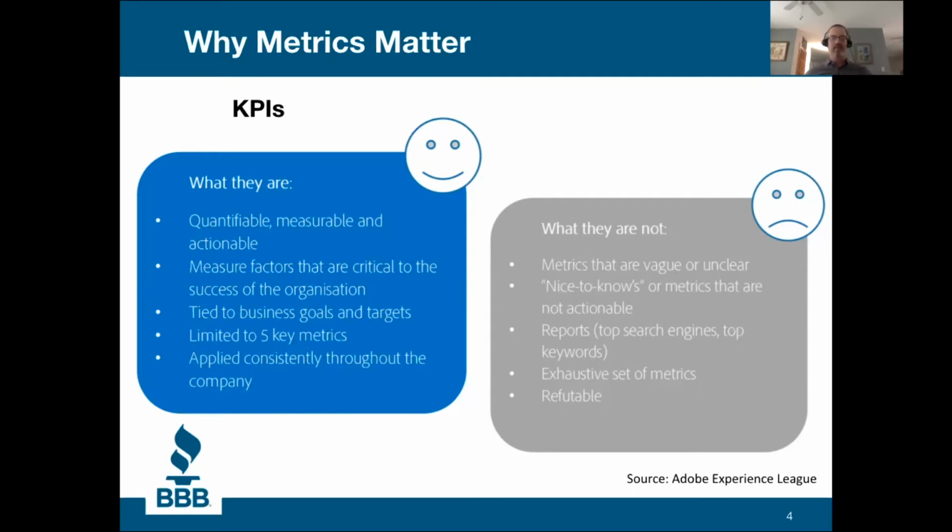Ideally, we want to limit these key metrics to, in this slide, this is pulled from Adobe's recommendations, but limited to 5 key metrics. Sometimes you really only need one core key metric that you're going to track that really shows whether or not you're succeeding or failing in your digital efforts. But try to keep it within reason. The more KPIs you're tracking, the fuzzier the data gets sometimes, or harder it is to make decisions off of it. And apply consistently so that you do it the same way every time.